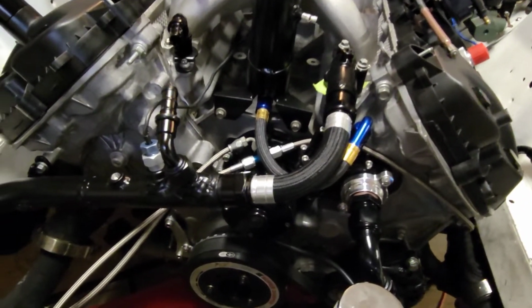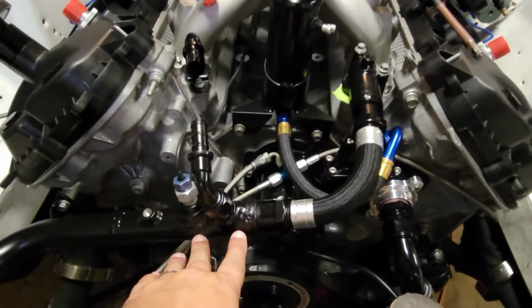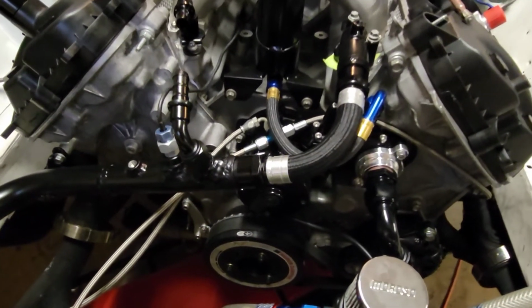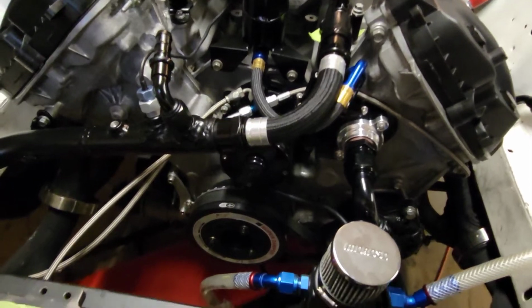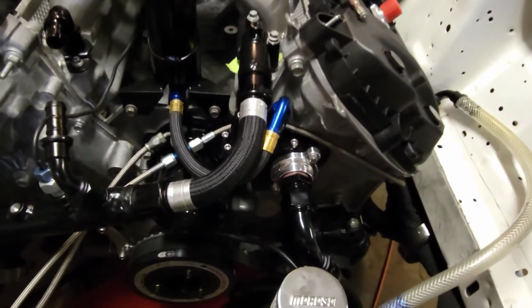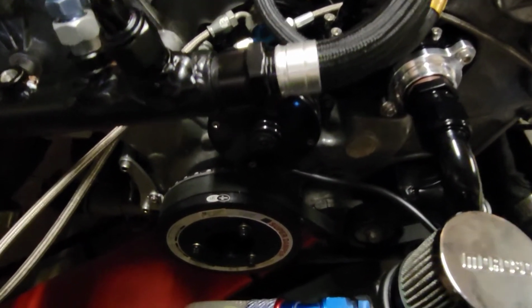and then I could switch them off if I need to. A lot of work in the coolant system to try to get this thing worked right, so I've got it running out of both cylinder heads into one line that's going to go back into the radiator, very similar to what I had last time, just updated a little bit with some better quality stuff, AN lines everywhere this time, and obviously deleted the water pump down there, so it's got a real short belt